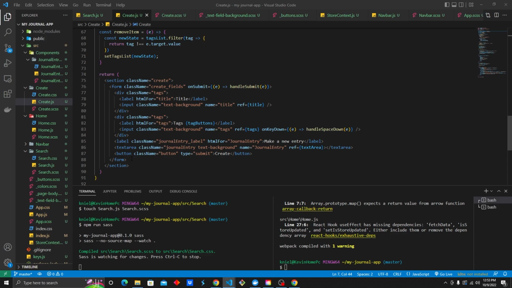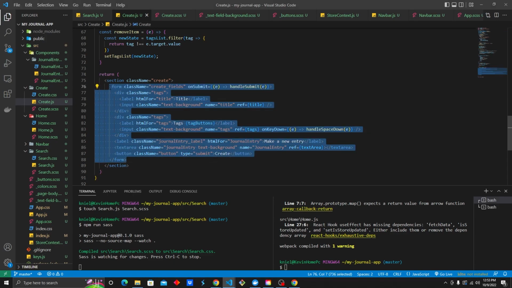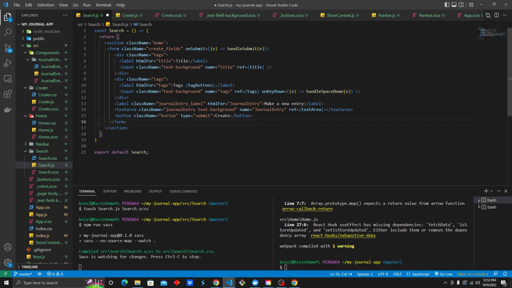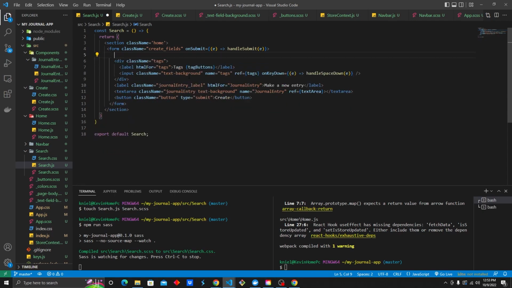All right, so after that, we're going to go to create.js, and we're just going to go ahead and copy this entire form. And now we'll go to our search.js, get rid of this div. We're going to paste that in there, okay? And we're not going to use all of it, but we do need to use a few different things. We'll get rid of this div regarding the class name tags,